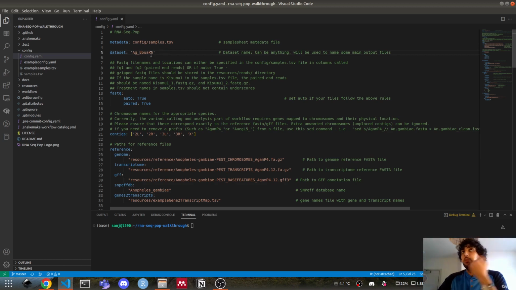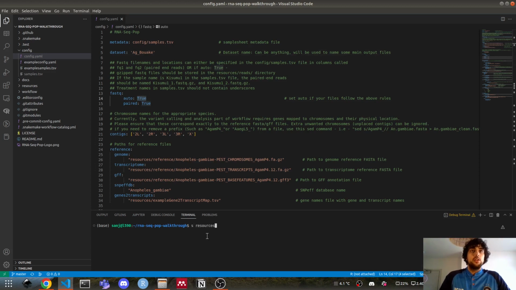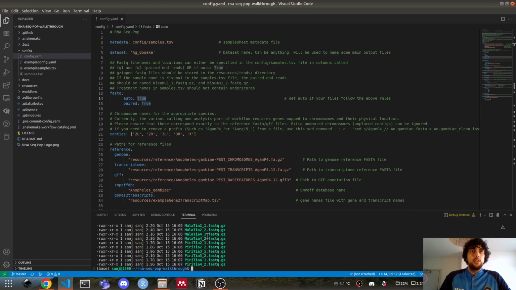It's just used to name a couple of output files, so just call it something appropriate. We're going to use the automatic naming of the FASTQ files. So let's have a look. ls resources reads, and we can see that actually the way that these are done is